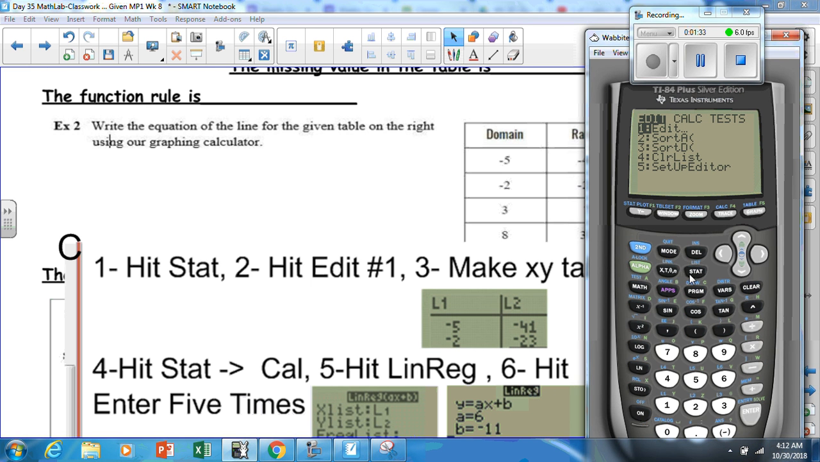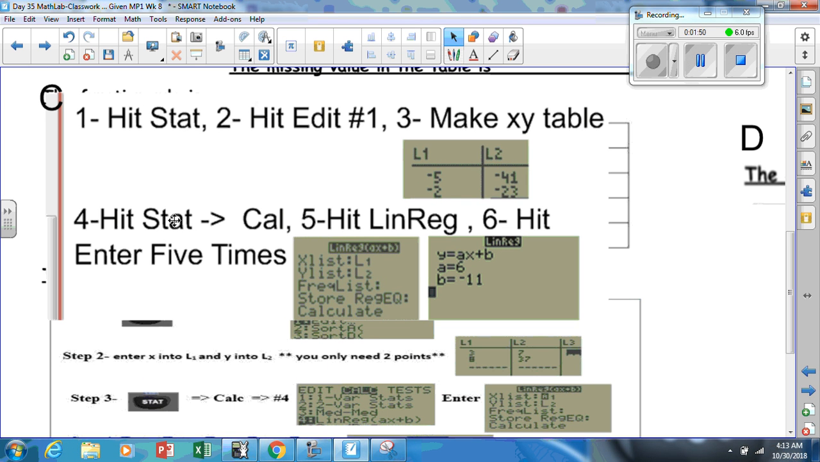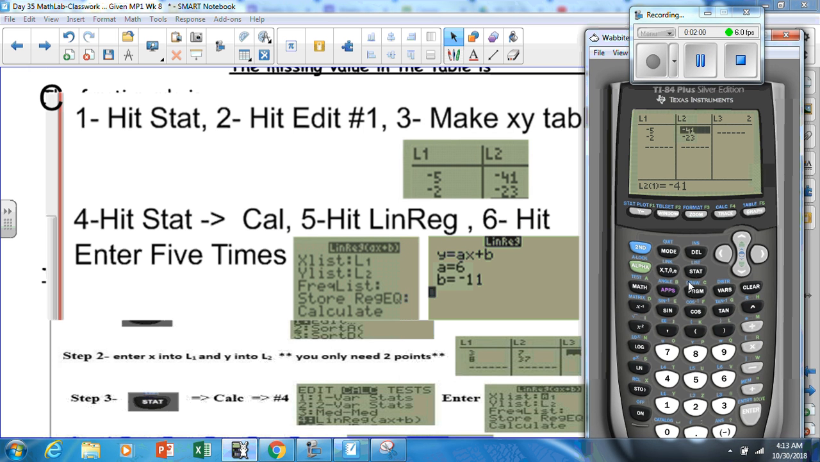Then what am I saying? You've got to hit STAT, CALC. And after STAT CALC, you want to hit linear regression. What does that look like? STAT and then CALC. Linear regression is number 4. And then you want to hit enter 5 times, so you see a field that looks like this. By hitting enter 5 times, you're going to generate